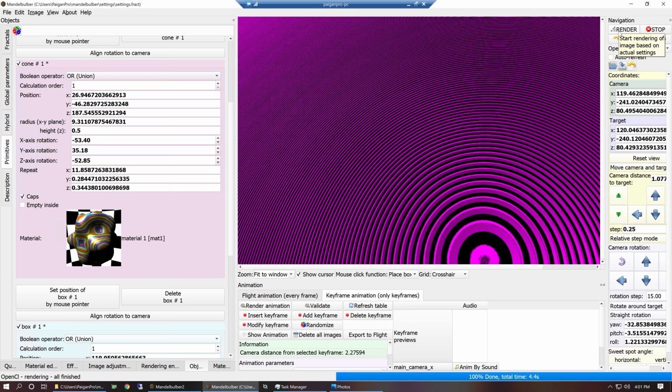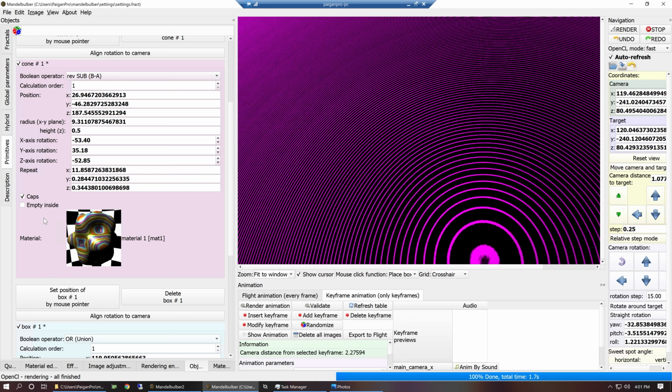See, we can't even see anything. There's so many... yeah, that's interesting. That's where we got those bands, from the massive amount of cones that are in this scene. That's very, very interesting. But that would not be interesting at all to see rendered. What would our other choices be? Rev sub A. What would that do for us? No. And then intersection would be the other one,